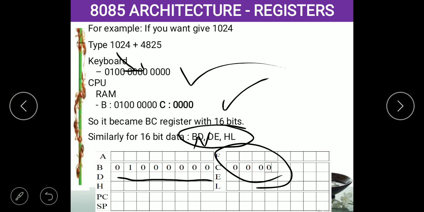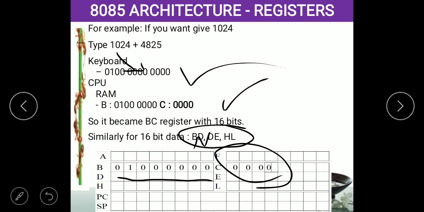Suppose I have data of more than 16 binary bits. Then it is not possible to process it using this processor. For example, if you open the latest software in Windows 7 or Windows 95 or 98, it will show the error: it is 64-bit software, it cannot be run on this version. What it means is that 64-bit data cannot be operated by this processor. So that is the logic.